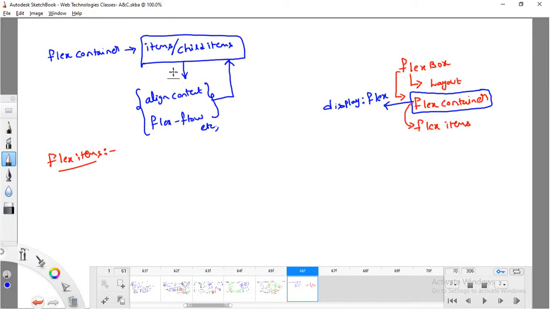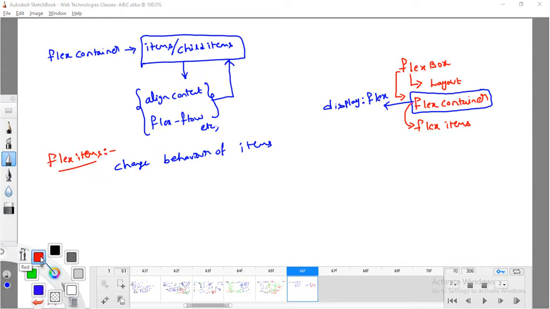But I don't want that. I want to change the behavior of individual child items. Then I can go for the flex item properties.